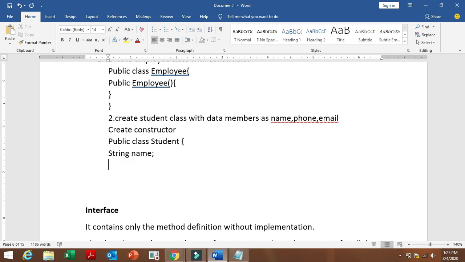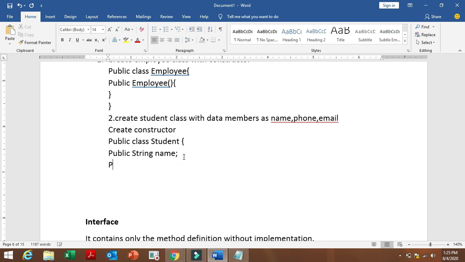So before each data type we have to include the access modifier as public. If the access modifier is public, we can access it anywhere in the program.